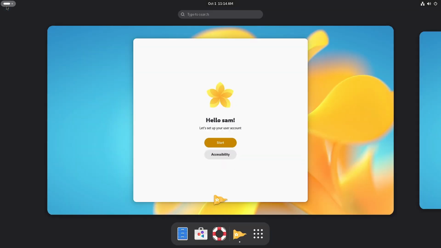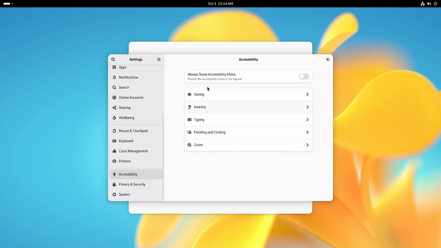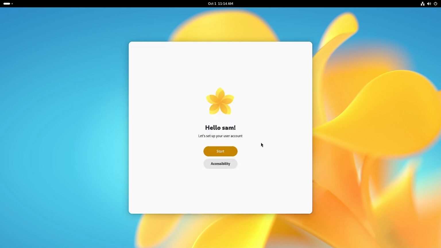It is a Gnome desktop, and now you have to set up the user account. So we have already created the user. Now you have to set up the user account. So SAM was created first, and now you have to set up the user account SAMs. So here also accessibility features are given at the bottom. If you want, we can just click here and it will open up the accessibility menu in the Gnome settings, and you can do the settings before proceeding ahead. We don't require, so we will just start with the